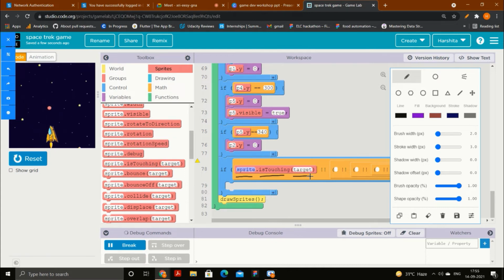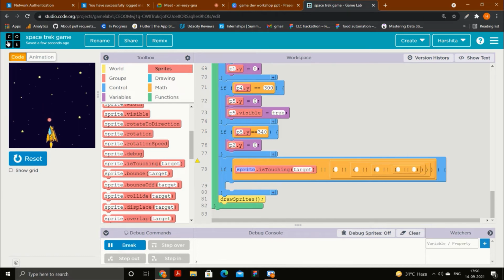First, we need to mention what the animation is, and then we need to mention the target, the one that the animation will touch. The animation name is rocket. The rocket will touch the planet. So the planets are the target here, and our animation name is rocket. So rocket is touching T1.